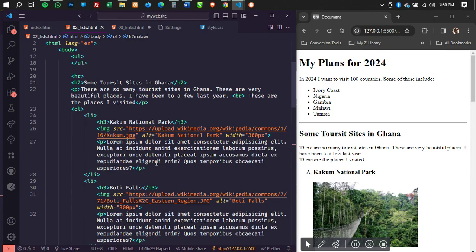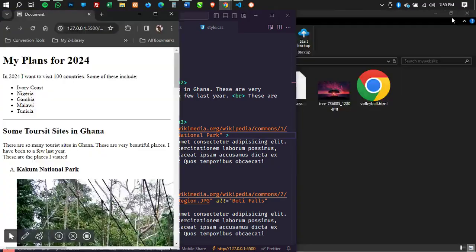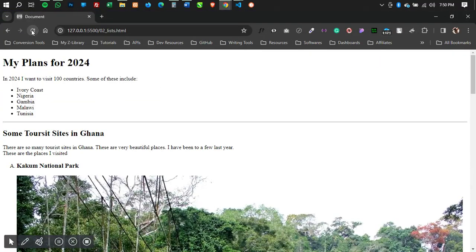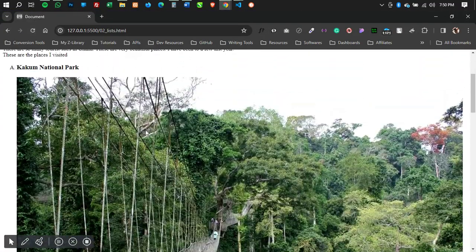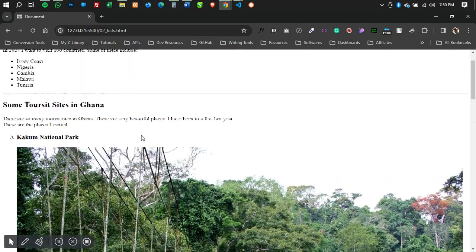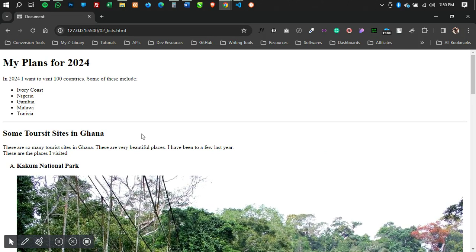Janet, I'll take your question in a moment. Let me just show you this, right? So let me remove this attribute. Let me come back over here, and you realize that after loading this page, the image is already showing. So I loaded this image already, and it has cache. We have something we call cache, right?